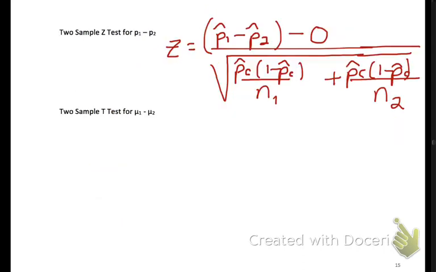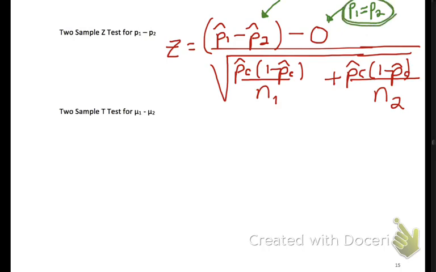Alright, so we have the two-sample z-test for difference in proportions. Our statistic right here is the difference in sample proportions. Our null value is often 0, so we just put a 0 there. Technically the full formula would be whatever the difference in p1 minus p2 is from our null hypothesis, but typically it's 0, so we just have a 0 there. And then the tricky part is the denominator. Since we're assuming that the two population proportions are equal, since this is our null hypothesis,